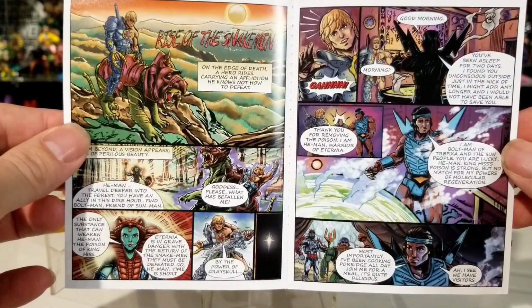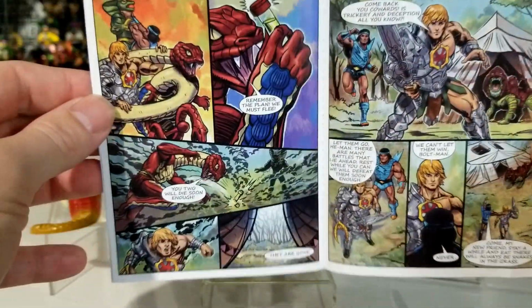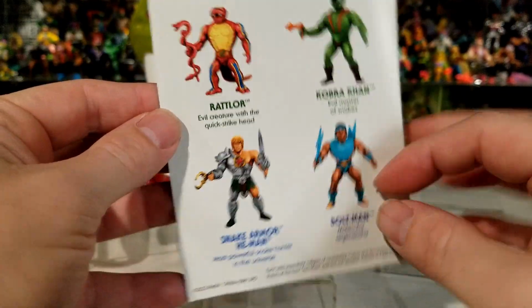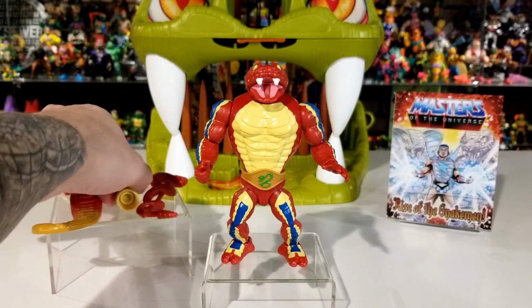You guys can just pause that if you guys want to read up on it. Like I said, I'm not going to go all the way through it for you guys just because we're going to be taking a look at so many figures and I don't want this review to be crazy long, okay? Let's go ahead and move that back. Now let's take a look at these